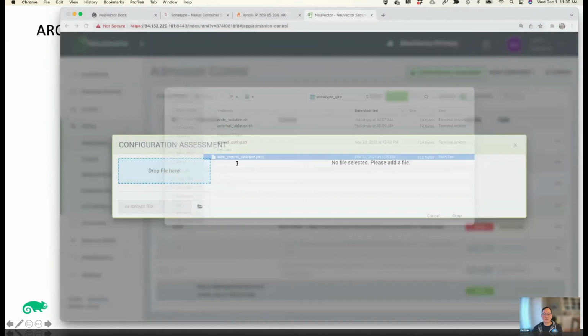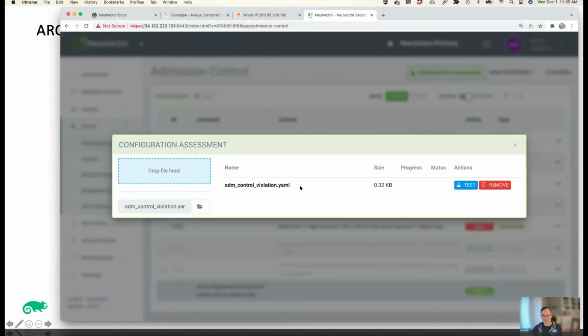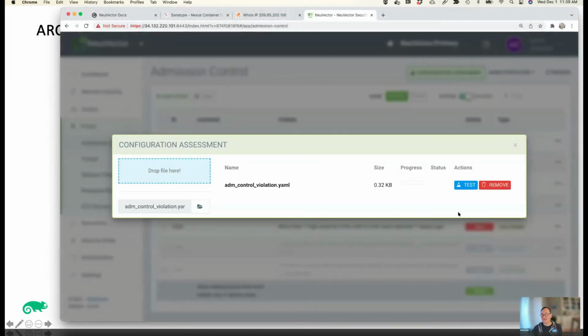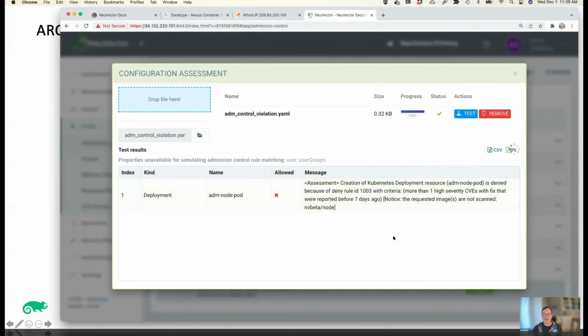So if I upload that YAML file that I did in the admission control demo, oh, sorry, I just pushed the wrong button there. And I test that out, I can see that it's going to hit that rule. More than one high severity CVE was fixed.